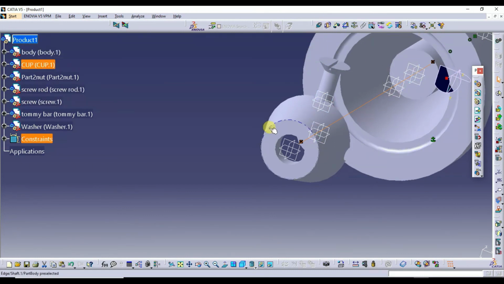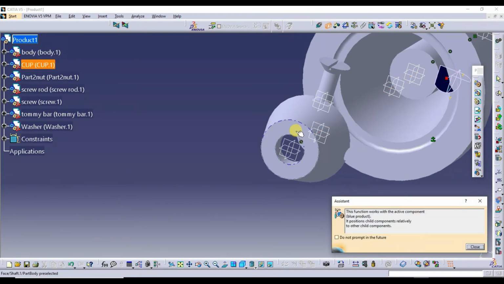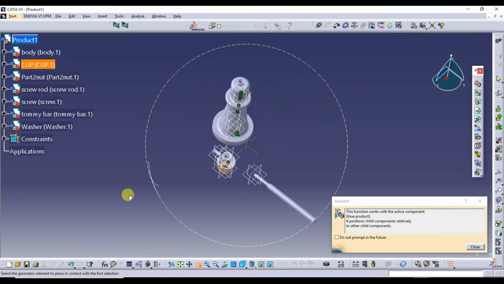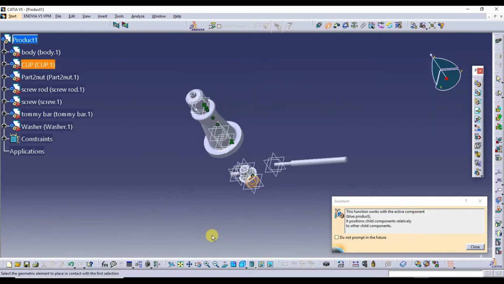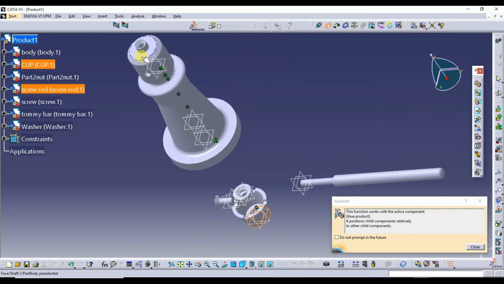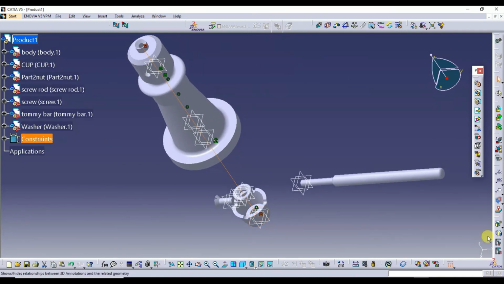So what I do, I'll use the contact constraint, choose this surface, it has to sit on this surface. So go for the update. After selection of this surface, go for the update command.